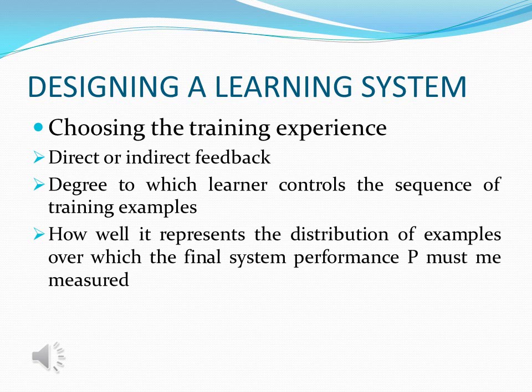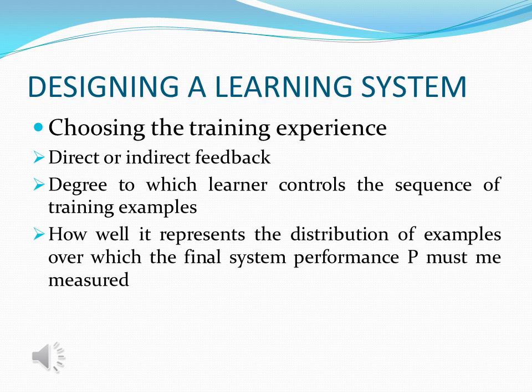Second attribute is the degree to which the learner controls the sequence of training examples. The user selects the correct one by taking the teacher's advice, or the user selects some moves and asks the teacher's help for the correct one, or the user improves his performance by playing with himself without taking teacher's help. In the latter stage, the user has more control on the sequence of training examples.